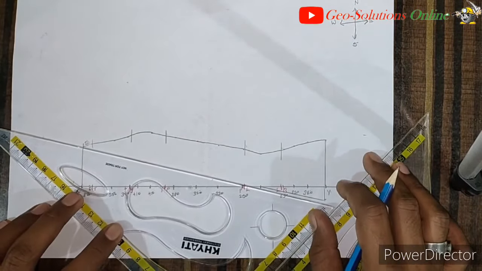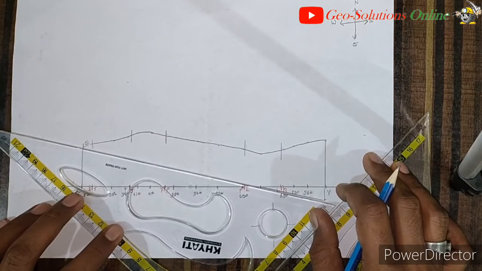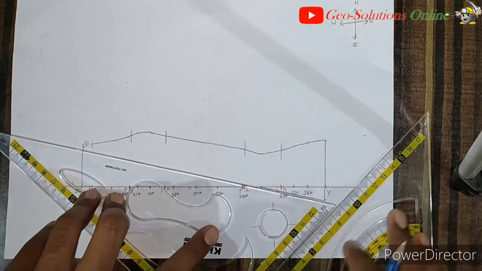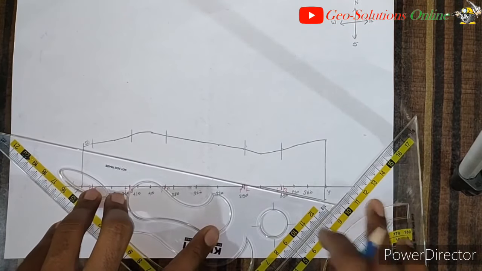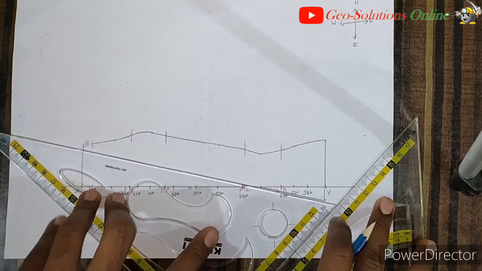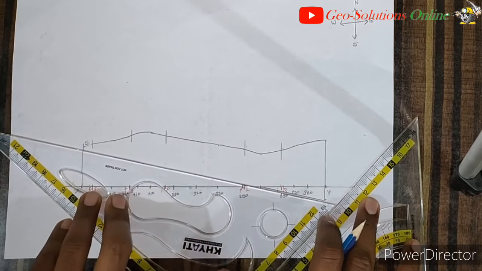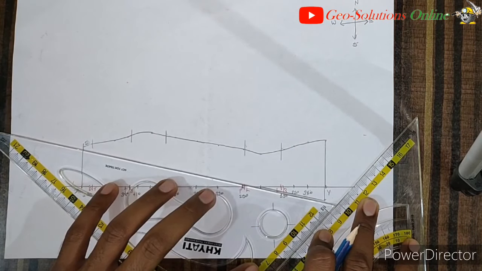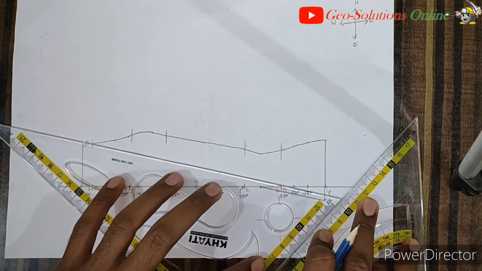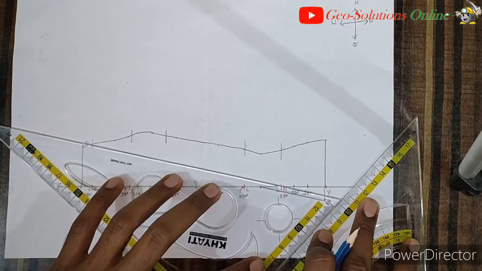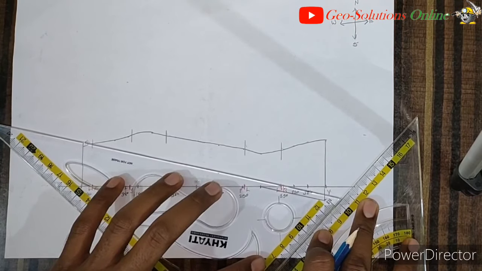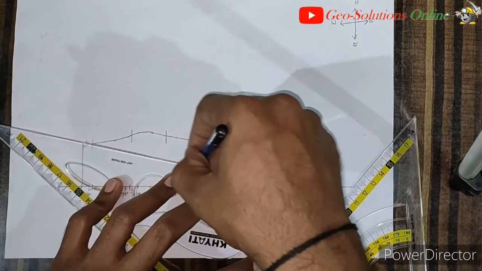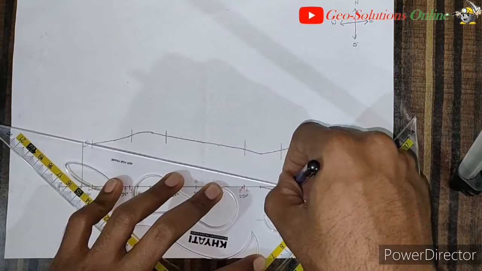So first of all, set your set square on this reference line. Okay, second set square. Hold this scale as stable as you can, and this scale slightly move upward as it intersects the point of cross section of your bed and the bedding point.